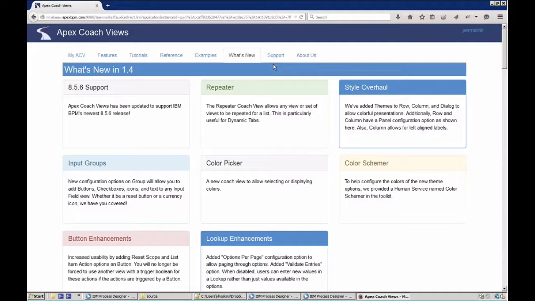We call it Apex CoachViews 2, since that is the official, since the release of CoachViews, our second toolkit, and we harness the power of Bootstrap and Angular to provide a great mobile experience and some more flavorful UIs. That being said, this is what's new in 1.4. And to highlight that,